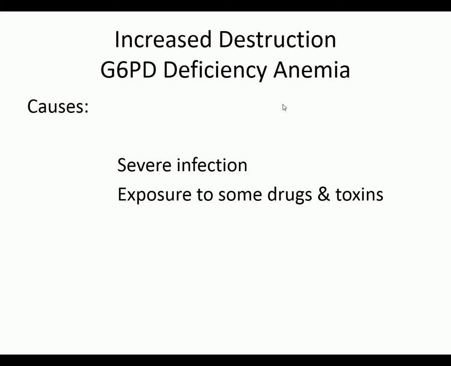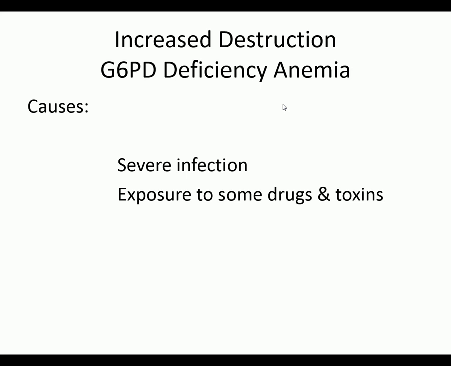This decreases your cell age or the life of your cell. After exposure to the precipitating cause, the red blood cells begin to break, and this can last for 7 to 12 days. During an acute phase, anemia and jaundice will develop in these patients. Okay? And like I said, we have gone over